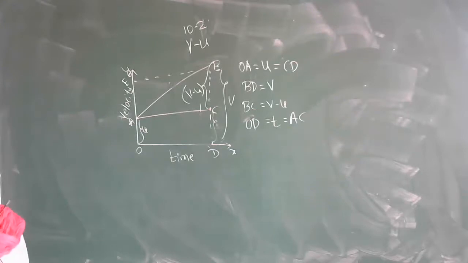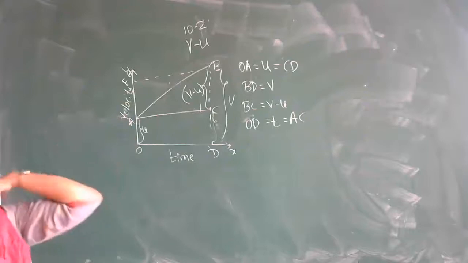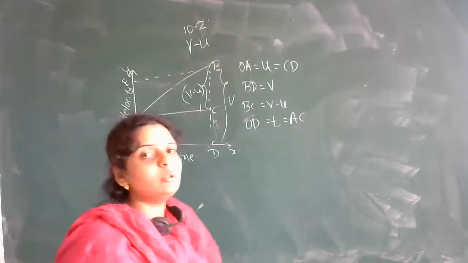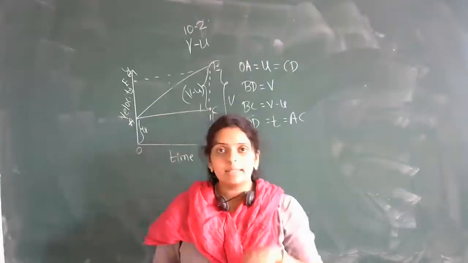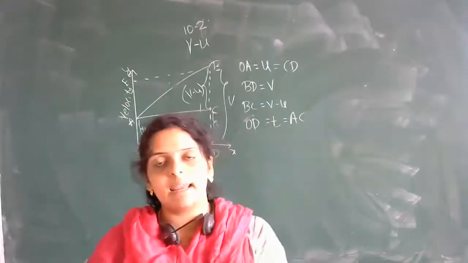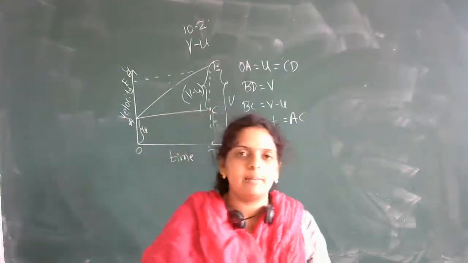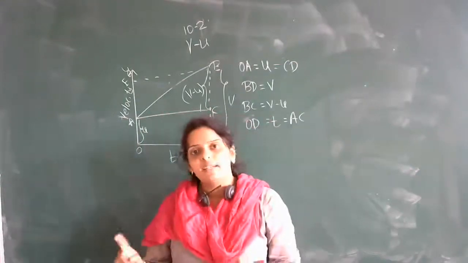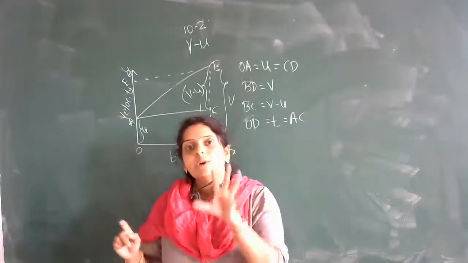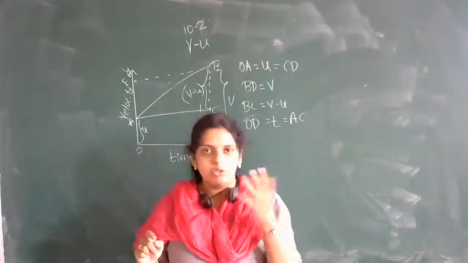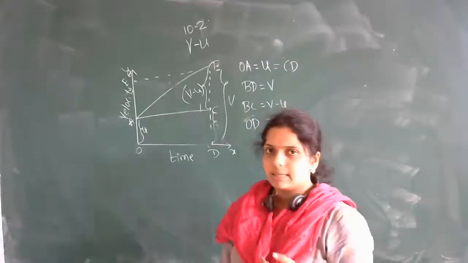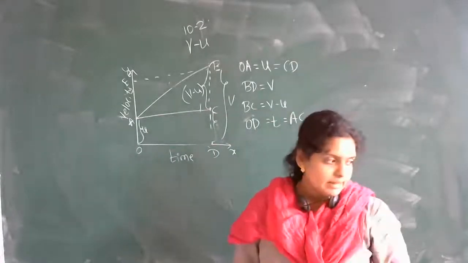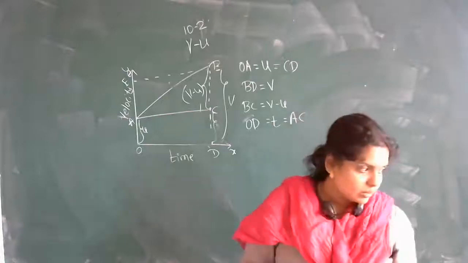Okay, so what we can write here, we will consider the formula of slope of the VT graph. As you know, in the previous videos, we have already seen what the slope of velocity time graph, slope of distance time graph and slope of displacement time graph will give. I don't know if you remember it or not, so you can go through the previous video or the notes, whatever I'll send you today. So here I'll write directly. Again, I'll not explain that. Okay.